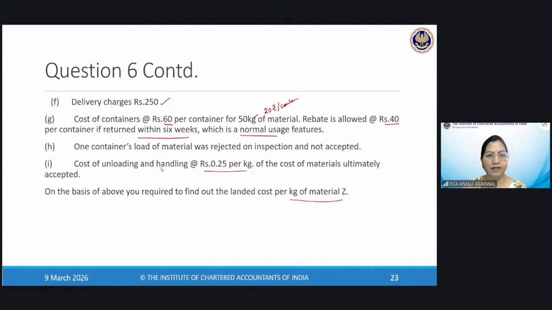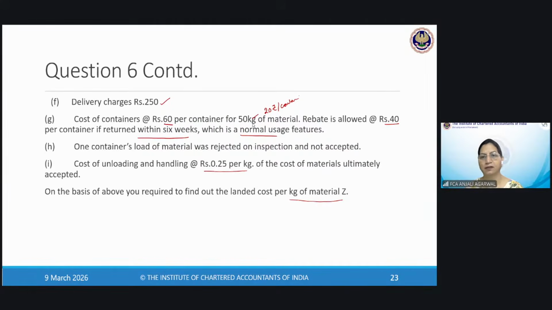And now you will apply the unloading and handling only on 25 per kg. So 1200 into 25, 300 rupees you will further add. And then you will divide the total by 1200 kgs to find out the cost of material per kg. Okay. Yeah, you can write that it is assumed that you are not going to get any credit of excise and sales tax paid,